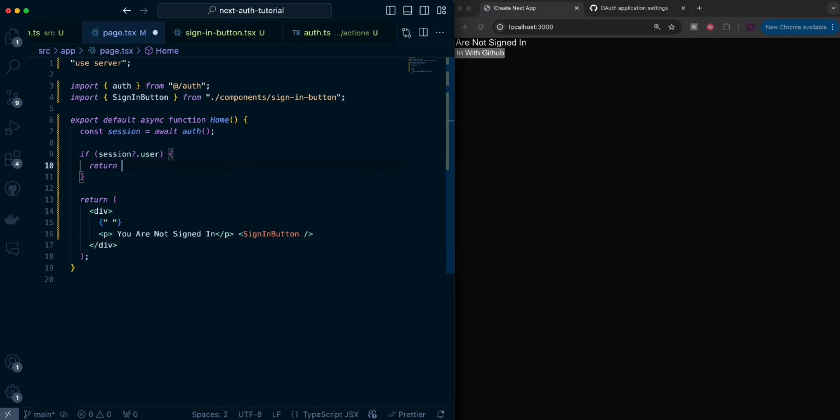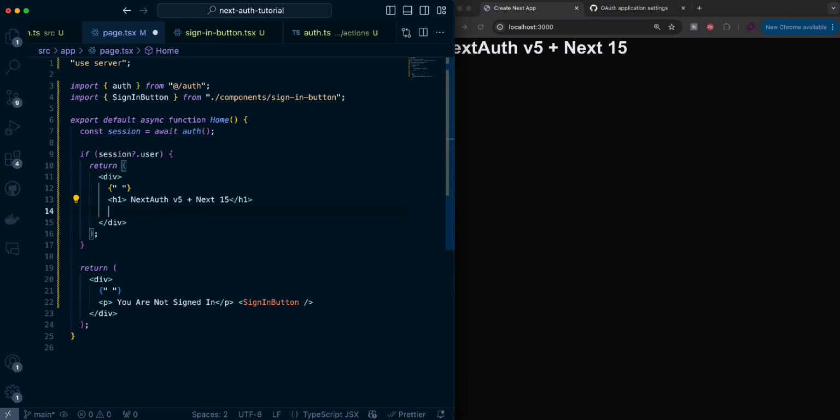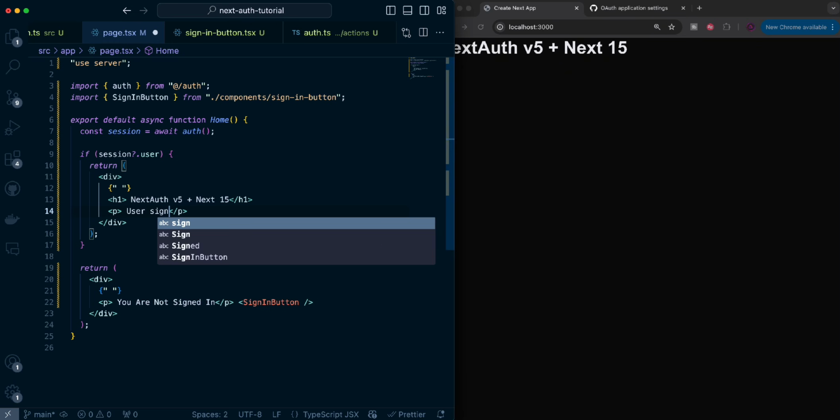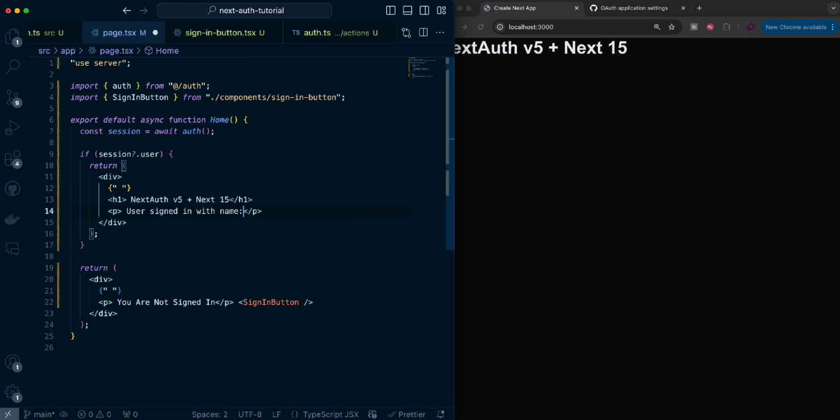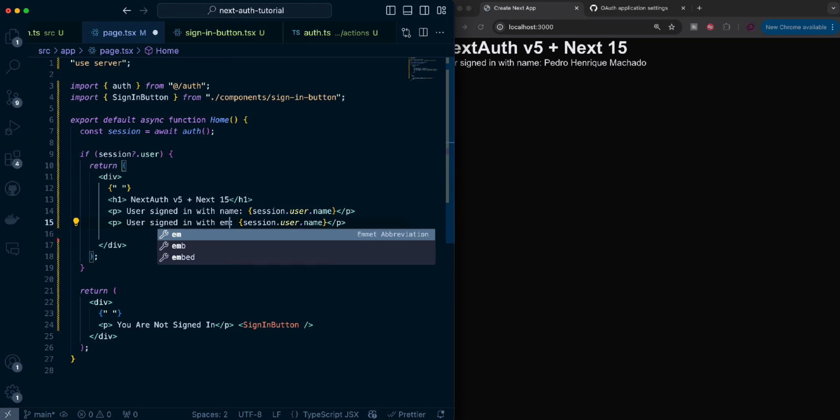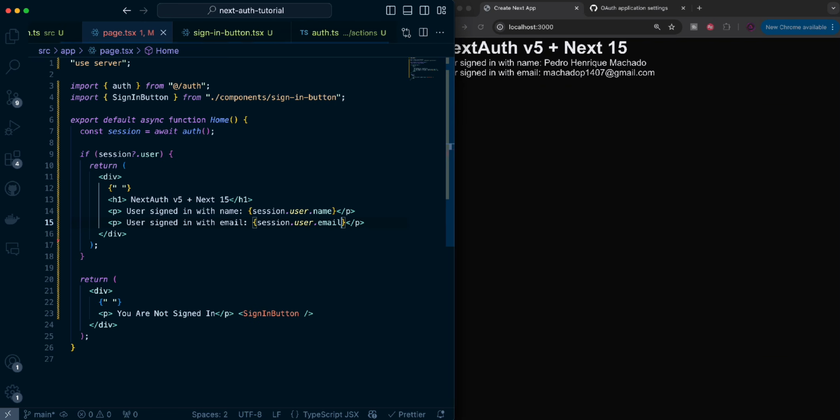then we want to return this UI, which is going to contain a div, and we're going to have an h1 tag, and it will say like NextAuth v5 plus Next 15, which is the name of the tutorial. And inside of here, we're going to have a p tag saying user signed in with name, and we can get the name of the user by saying session.user.name, and you should see that my name appears over here. Now we'll also grab the email,